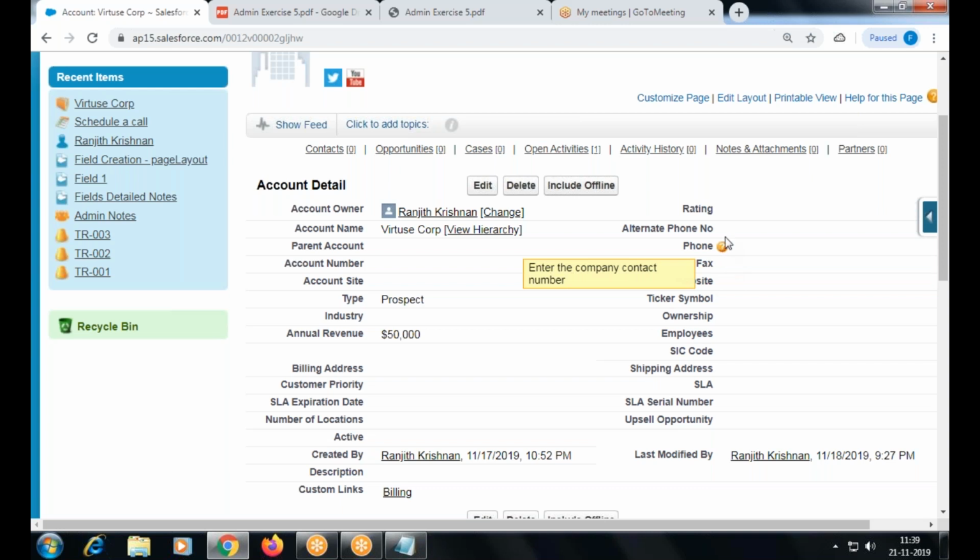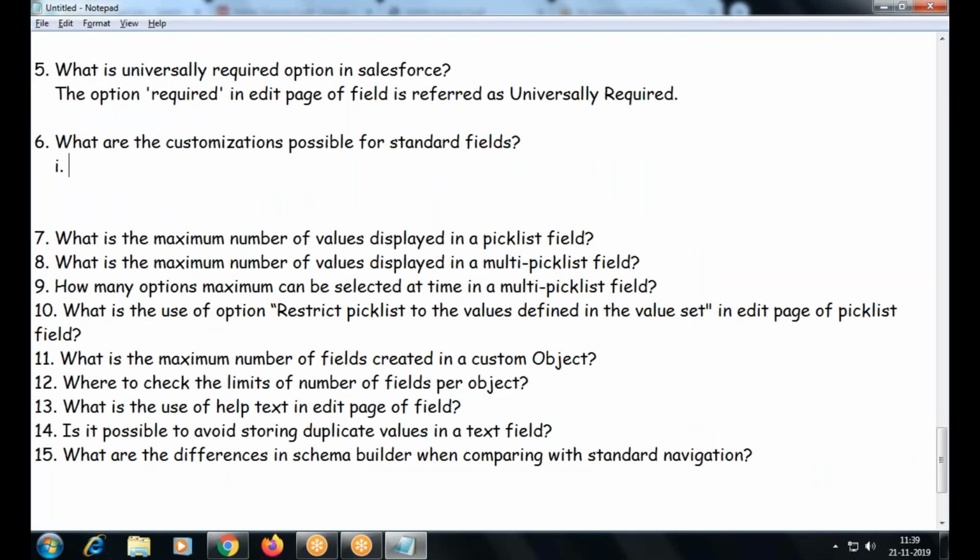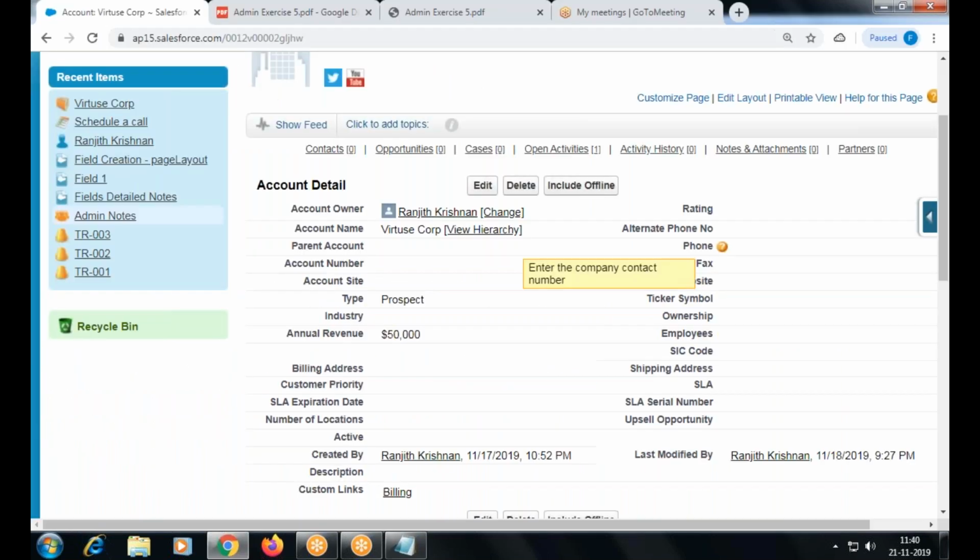When you keep the mouse over it, some information is given to the user. If the user is not sure about what is site, and what is the expiration date, then we can add some help text. That is possible. So the one customization we see is adding help text.